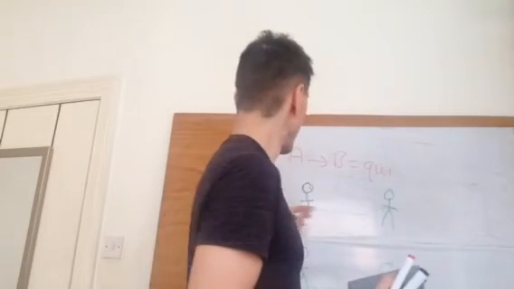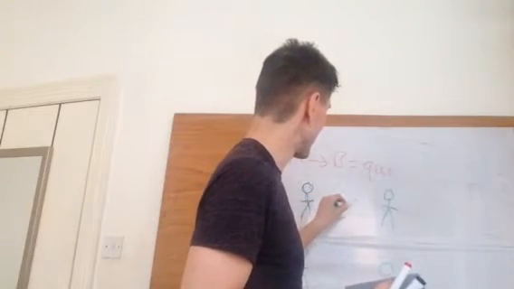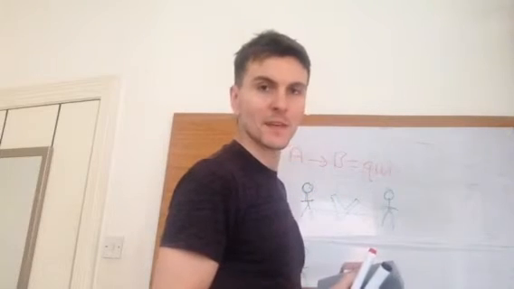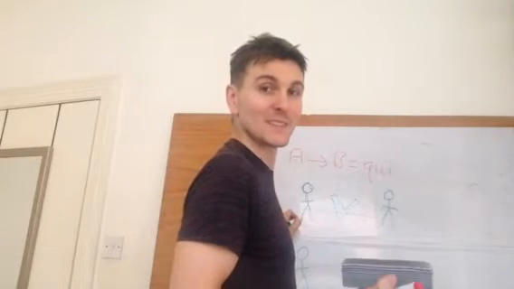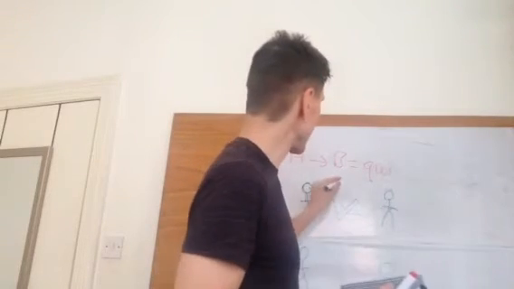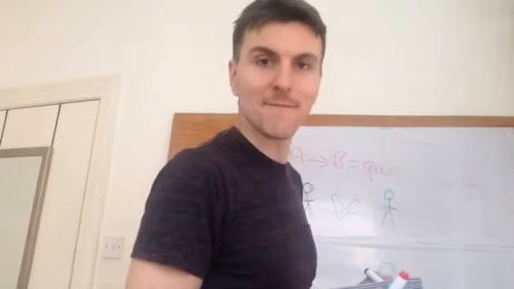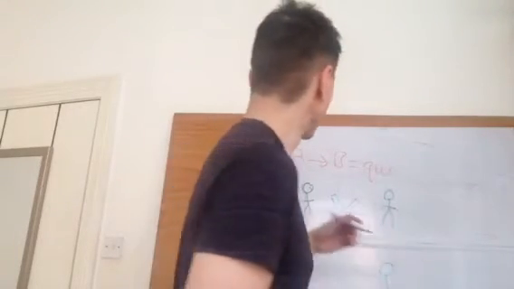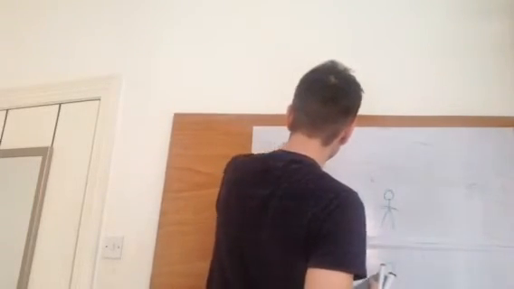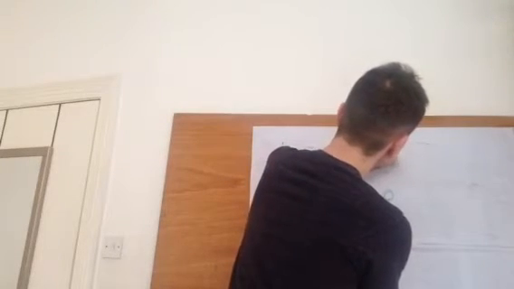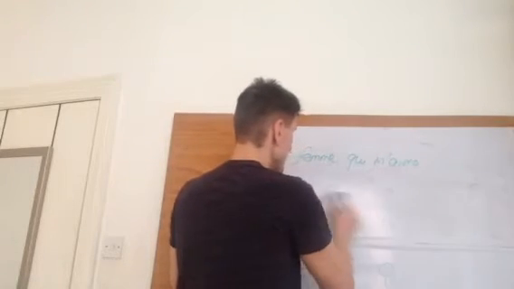Who's doing the verb this time? The woman who loves. Okay, here's the verb. Okay? So when your person, your subject, your little stick man, goes straight to the verb, we need qui. So the woman who loves me, la femme qui m'aime. So let's have a look at those. A to B equals qui. So we would have the woman who loves me, la femme qui m'aime, as opposed to the woman that I love, la femme que j'aime.